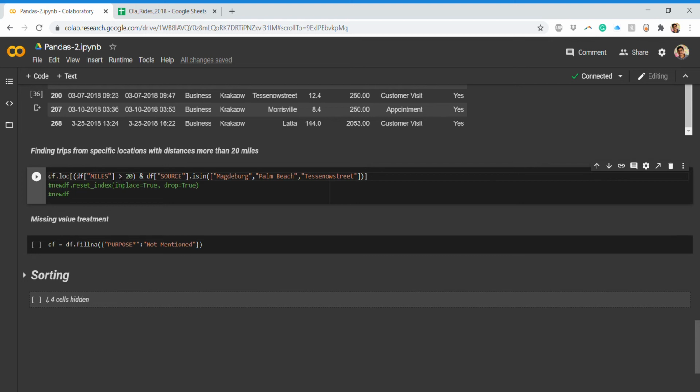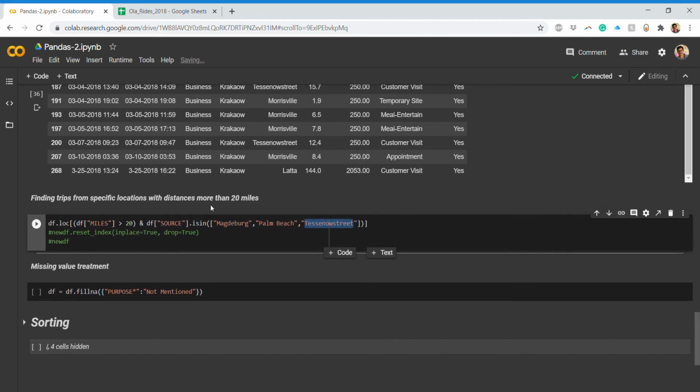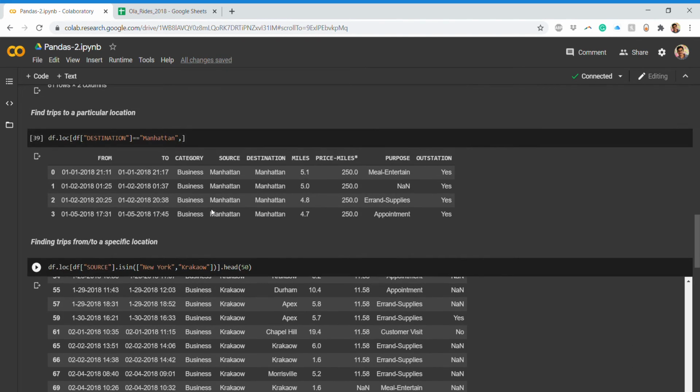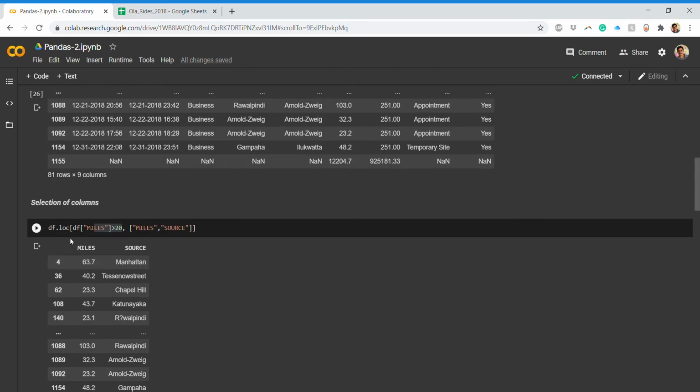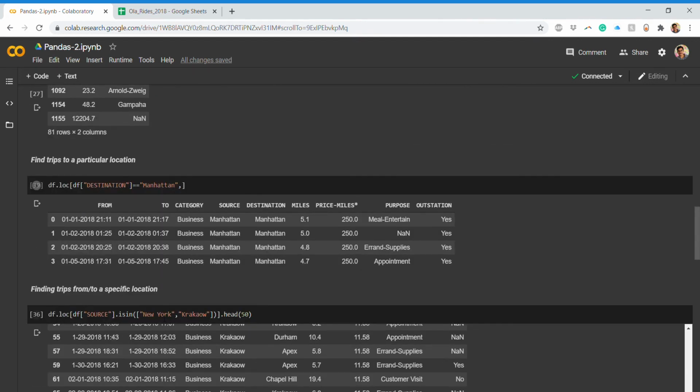I'll write this, and there is one more condition, distances more than 20 miles, which is satisfied by the left hand side. And we want to find the source that is in all these places, that is Magdeburg, Palm Beach and Tessenau Street. So you are clubbing what you have learned before along with isin.